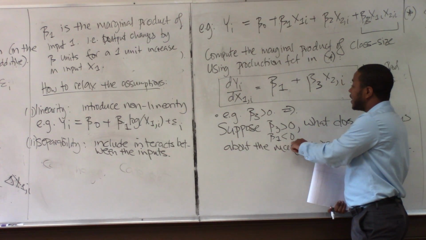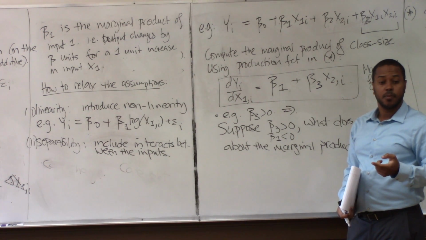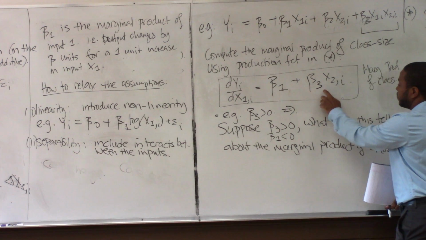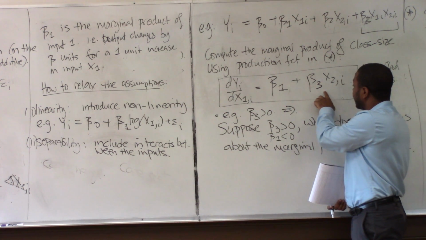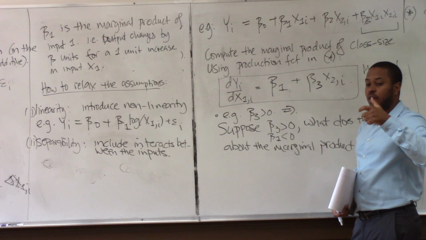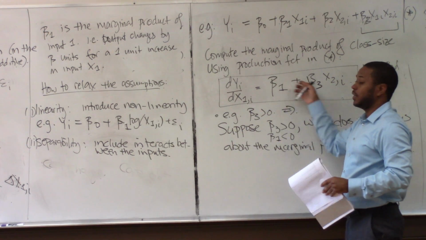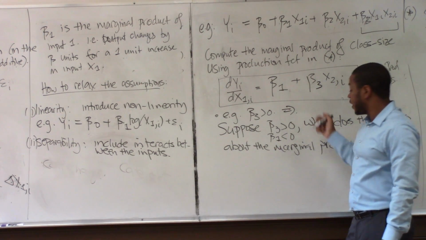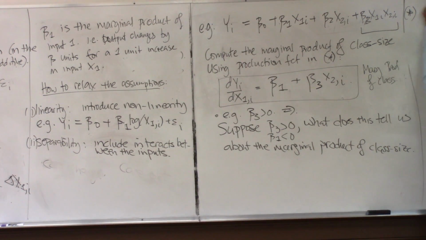The fact that beta 1 is negative is telling us that larger class sizes lead to worse outcomes, right? The fact that beta 3 is positive is telling us that as we increase teacher quality, a larger class size becomes less of a problem because we have this negative number plus something that's positive, right? And so to put this into perspective,